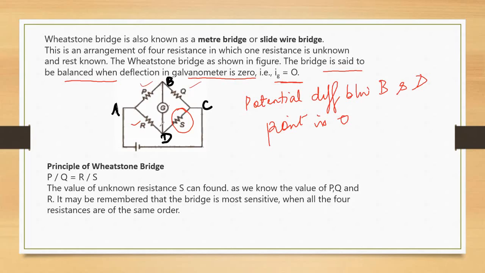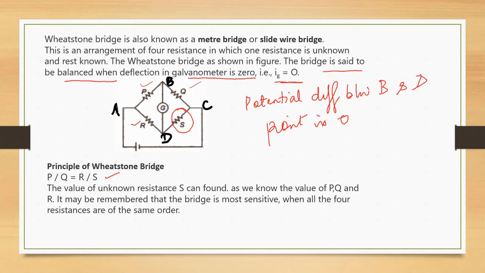So for working of the Wheatstone bridge, the condition that must hold is that the current passing through the galvanometer should be zero. And when it is so, the ratio arm resistances will be equal. P by Q will be equal to R by S. And if out of these 4, 3 values you know, the fourth one you can easily calculate.